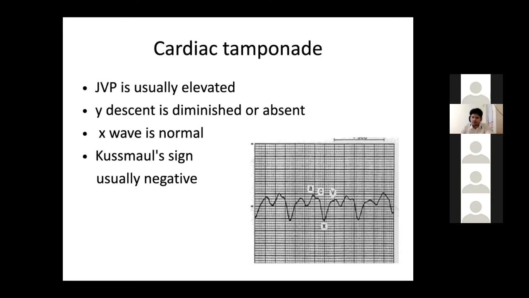You should always look for a pulsus. Maybe in tomorrow's class on pulse I will tell you again. Pulsus paradoxus is very important because on inspiration the BP normally falls by less than 10. But if the blood pressure falls by more than 10 mm of Hg on inspiration, it is known as pulsus paradoxus. So that is one important thing; you always get this typical finding in cardiac tamponade. There is also Beck's triad in tamponade, in which the JVP is raised and you get a muffling of the heart sounds. That is part of the triad.